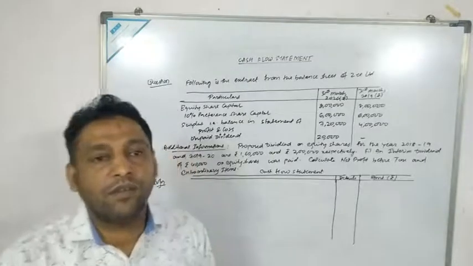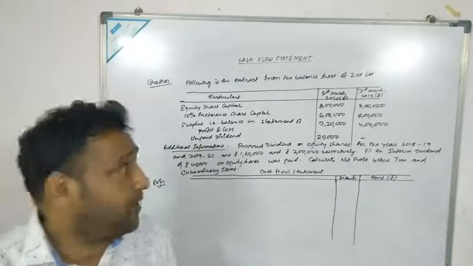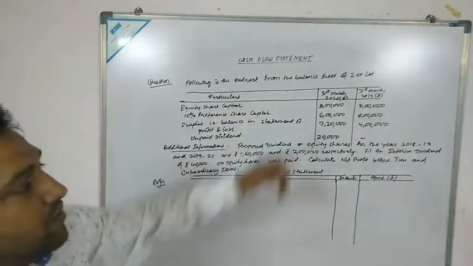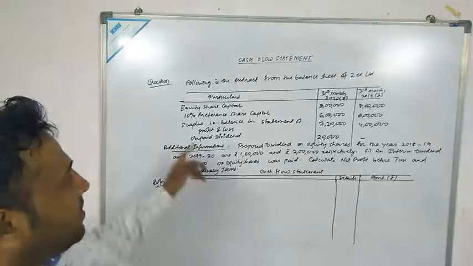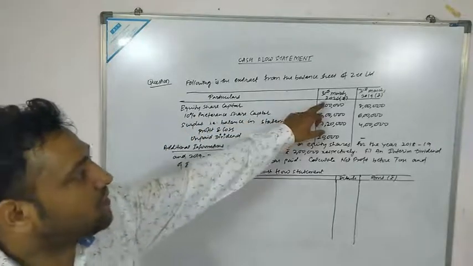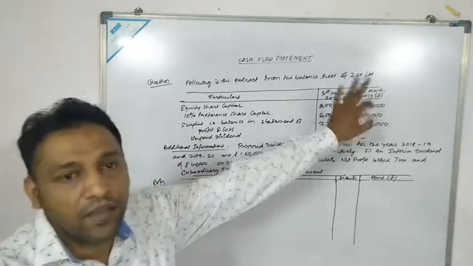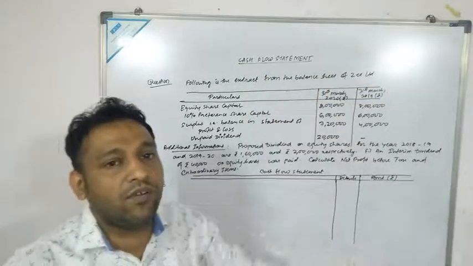So now let us solve one question regarding your net profit before tax and extraordinary items. Question you can see from the board. Following is the extract from the balance sheet of G Limited. Okay, so the extract has been given. This is your 31st March 2020 and this is your 31st March 2019. As I have said, your balance sheet would be given in the question and you are required to calculate your